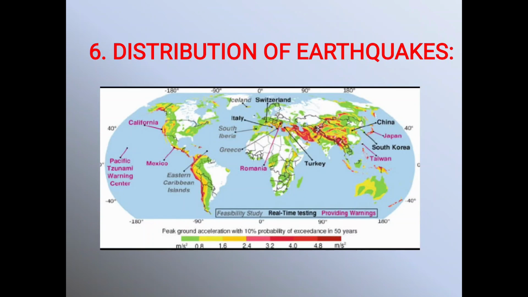Now, the second is the Alpine Himalayan zone. In this area, we will see where these earthquakes take place. This is the mid-world mountain belt. This belt is associated with the young-fold mountain ranges of the Alps, the Himalayas and their continuation in the Southeast Asian islands. Nearly 21% of the earthquakes of the world originate in this belt. So these particular 2 belts are found in the earthquake distribution.